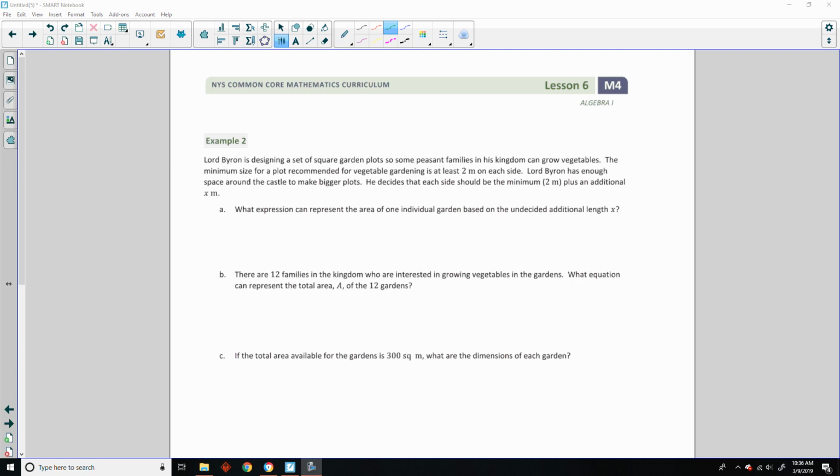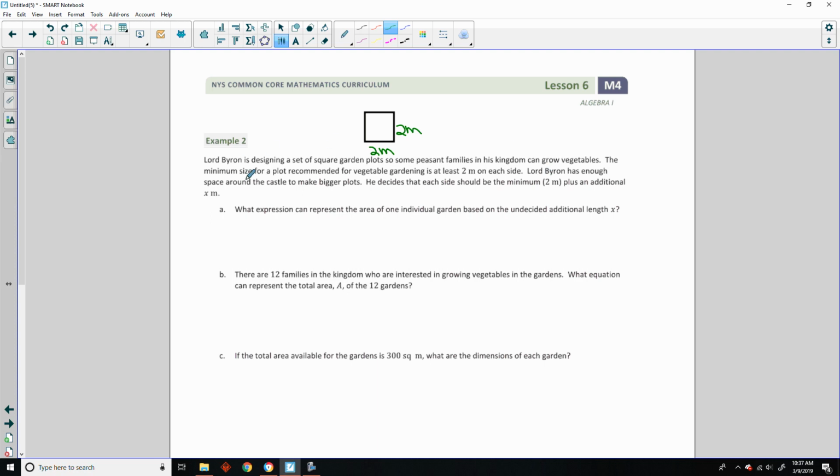Example 2. Lord Byron is designing a set of square garden plots. So I'm just going to draw a square here just so we remember. Square garden plots. I mean, let me do it right. Okay, square garden plots. So some peasant families in this kingdom can grow vegetables. The minimum size for a plot recommended for vegetable garden is at least 2 meters on each side. So if this is at least 2 meters by 2 meters,